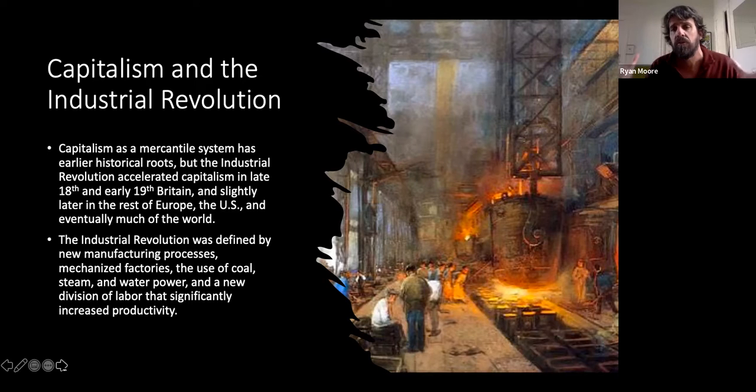And what that will do is multiply the productivity of the economy, and also will relegate workers to these really monotonous, boring jobs, alienating jobs, as Marx will describe them, in which basically they're just doing the same task all day, every day. And there's no sense of craftsmanship or any sense of individual creativity to the work.